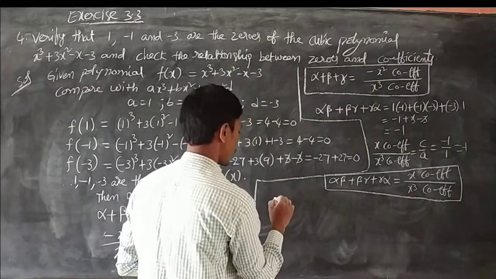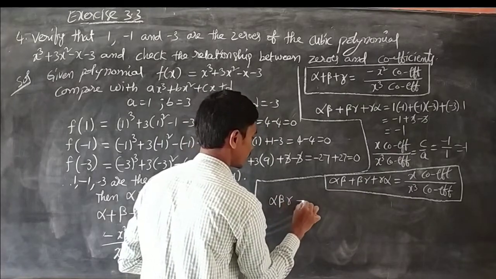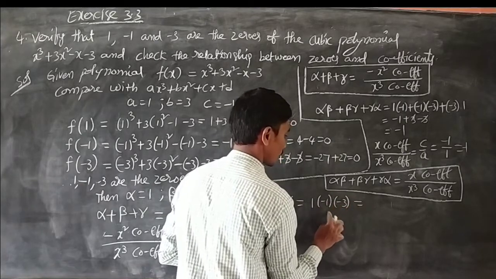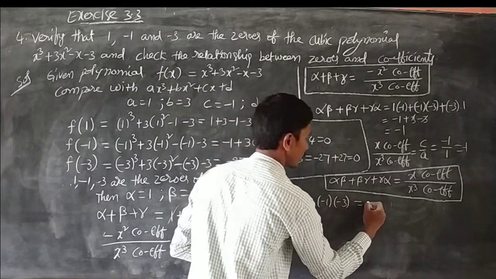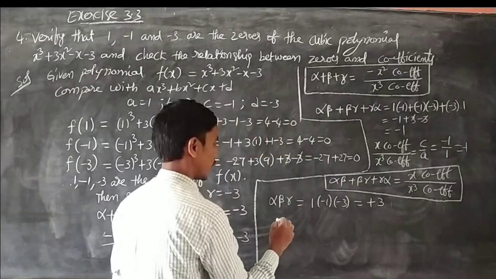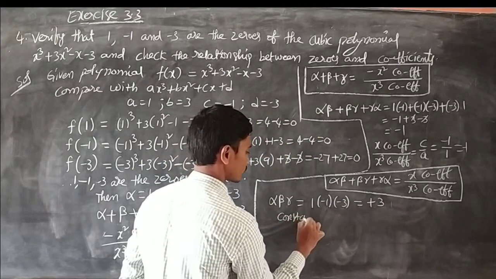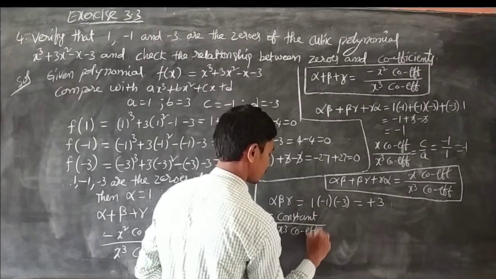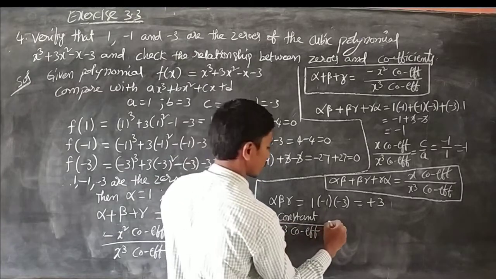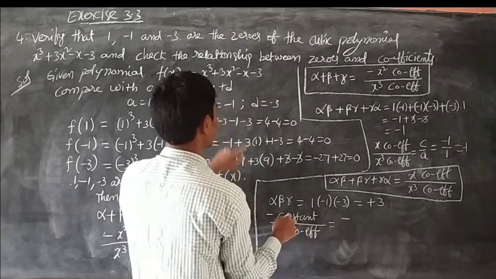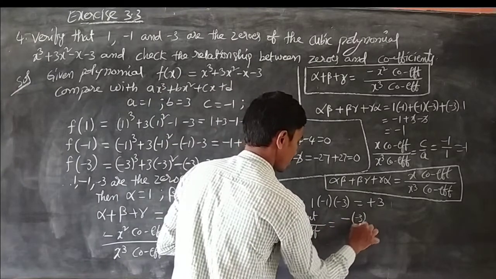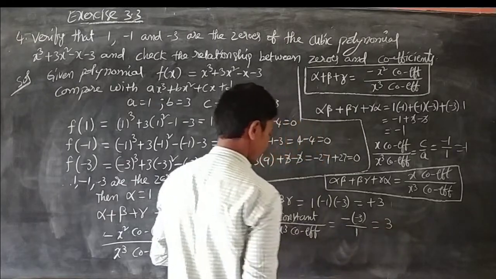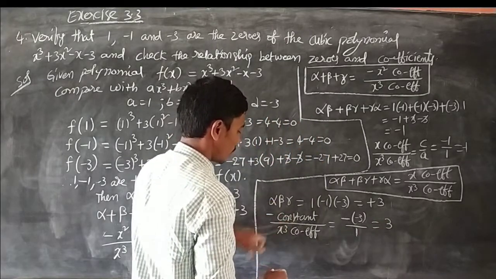Next, the product of zeros alpha beta gamma is equal to 1 into minus 1 into minus 3, that is equal to 1 1s are 1, 1 3s are 3, minus into minus plus, plus into plus plus, so 3. We know the relation: constant by x cube coefficient, minus into constant by x cube coefficient, that is equal to minus of constant, which is minus 3, by x cube coefficient, which is 1, minus into minus plus 3. So alpha into beta into gamma is equal to